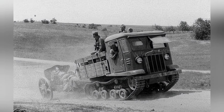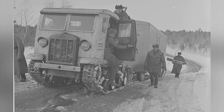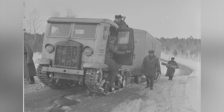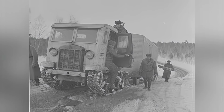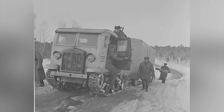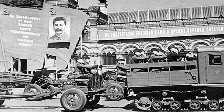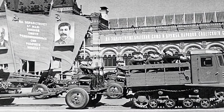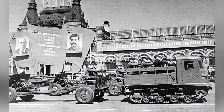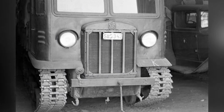Since the main task is to tow artillery, the STZ-5 not only has excellent off-road driving capabilities, but it can also tow artillery weighing between 4.5 tons and 7.25 tons. For example, the 85mm anti-aircraft gun and 76.2mm field gun, widely used by the Soviet Army during World War II, can be easily towed, which were the main types of artillery used by the Soviet Army at that time. However, it is relatively more challenging to tow larger caliber howitzers, such as the nearly 8-ton